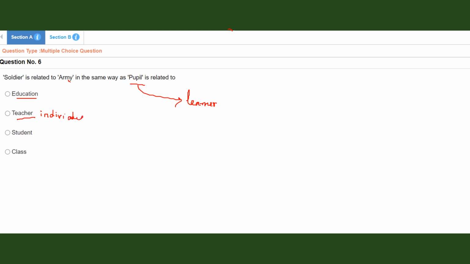Student is similar to pupil, but there is a difference, because it is almost similar but it's not the same. But as an analogy, it won't be pupil and student being the same, it won't be part of a big group. But pupil is related to class, young learners, like 5 learners in a single class, right? So the answer will be D.